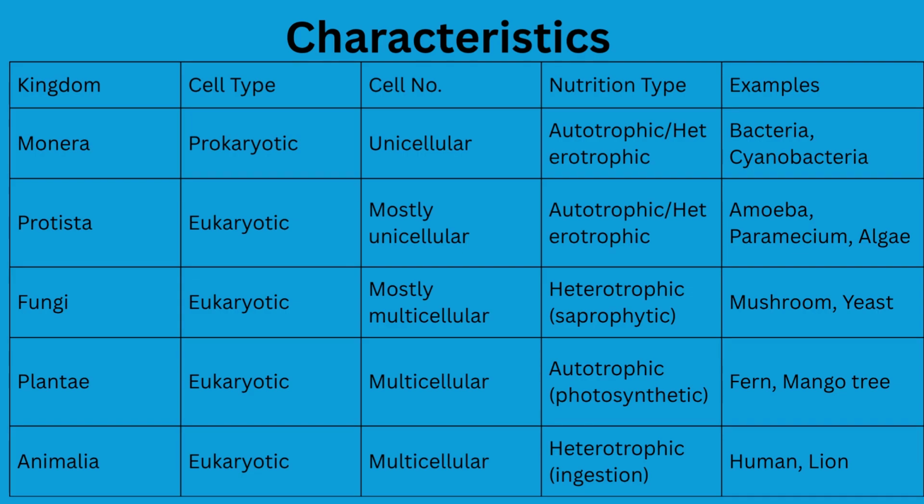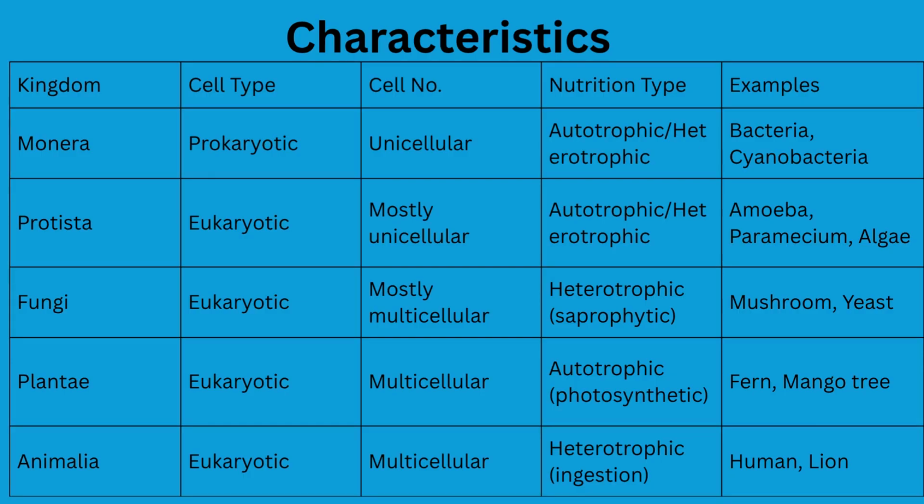Kingdom Monera. The organisms were unicellular prokaryotic and the mode of nutrition in them was either autotrophic or heterotrophic. Examples are bacteria and cyanobacteria. Kingdom Protista. The organisms are mostly unicellular in kingdom Protista. Some are also multicellular, but simple multicellular, having eukaryotic cells and either autotrophic or heterotrophic mode of nutrition, for example,